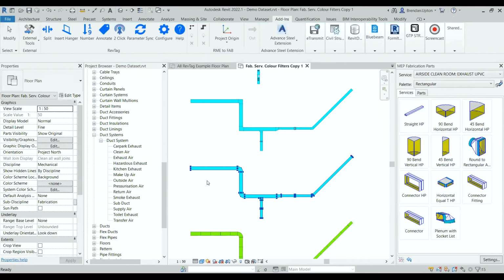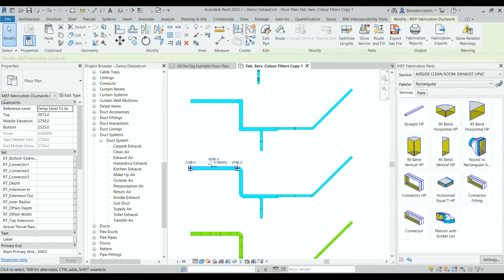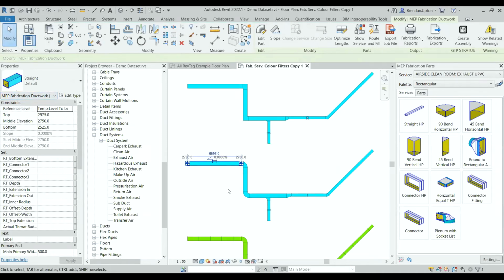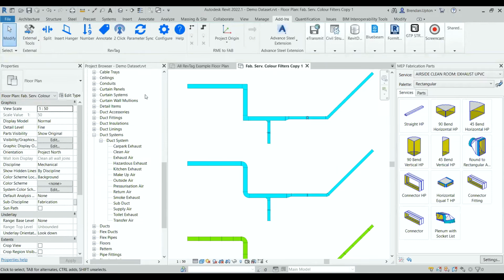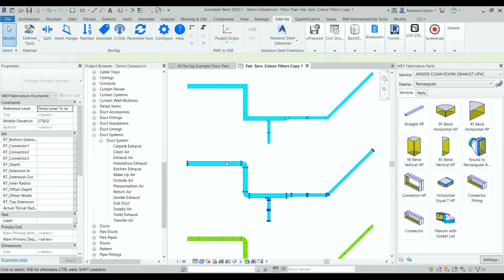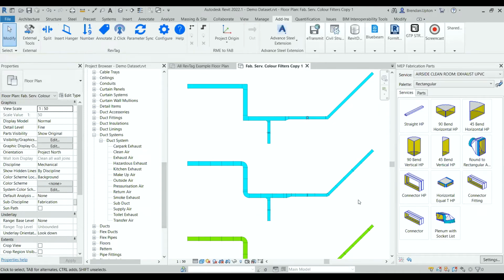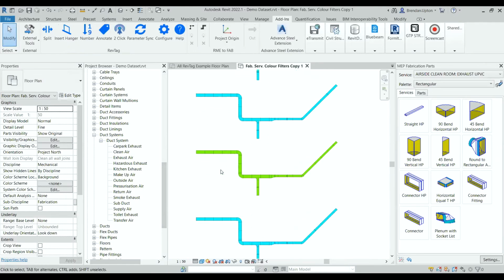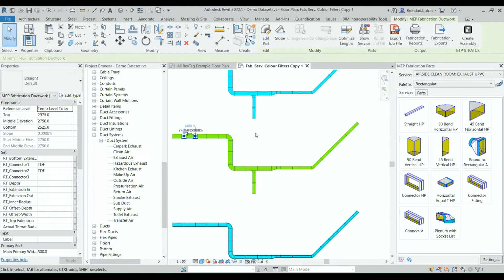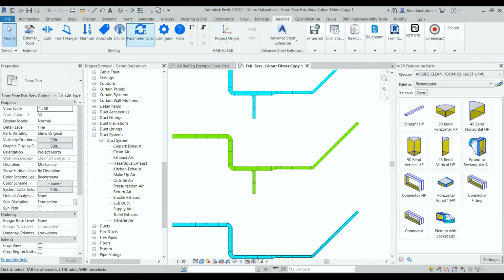you can see that's converted out now to fabrication parts, fabrication ductwork. Coming back to what I said earlier, once it's in fabrication parts, we don't necessarily need to use the RevTag splitting tool, because built into the fabrication parts in Revit, you can select it, and you have the optimize option here, and that will split that run up into those segments. Okay. From there, I've got some other fabrication ones here. So this is an outside air one. So from here, I can